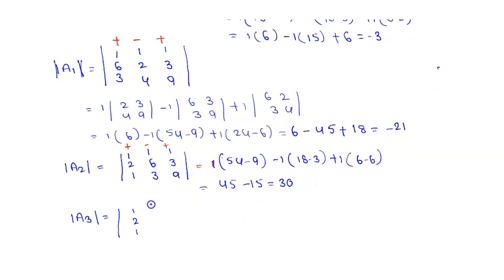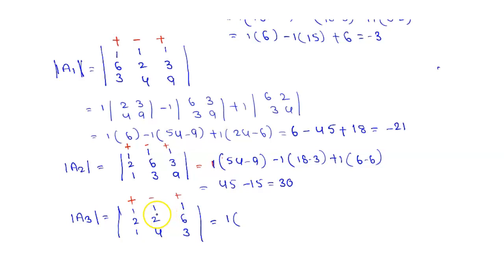Det A3. The first column is 1, the second column is as it is, as previously, 1, 2, 4. Here the third column has been replaced with constants 1, 6, 3. Whatever the column is, the same column I am replacing. A3 in the sense the third column only is replaced with constants. Here we need to remember one thing: A1 means the first column replaced with constants, A2 the second column replaced with constants, A3 the third column is replaced with constants. That is the only major concept. The remaining process of finding the determinant is as it is for each and every problem. How to find a determinant, that only we are applying here.